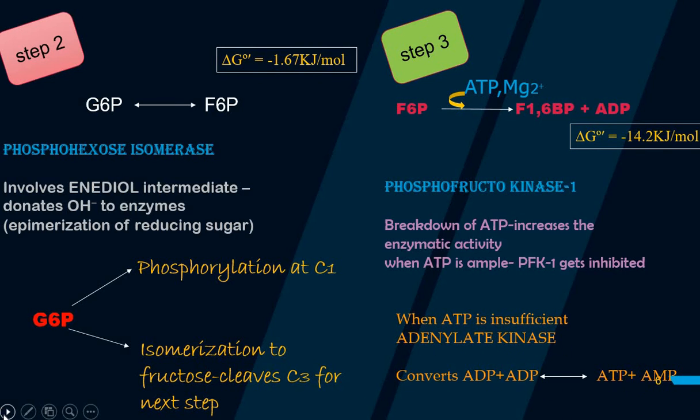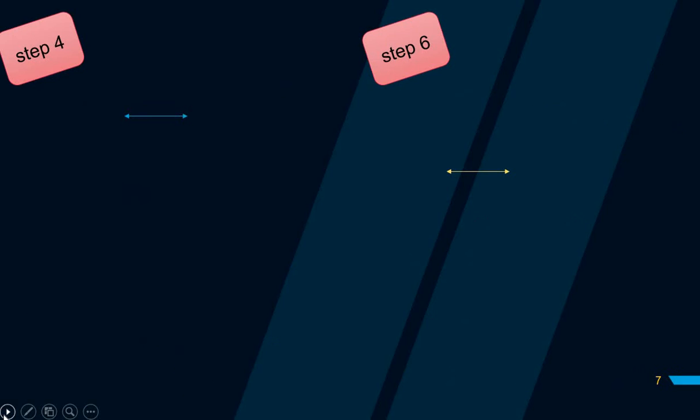What happens when ATP is not there? இப்போ ATP கம்மியா இருந்தா this reaction will happen. ATP அதிகமா இருந்ததுனா this reaction won't happen. What if there is no presence of ATP? So the enzyme called adenylate kinase converts the free ADP molecules to ATP, and hence those ATPs are used in this step.